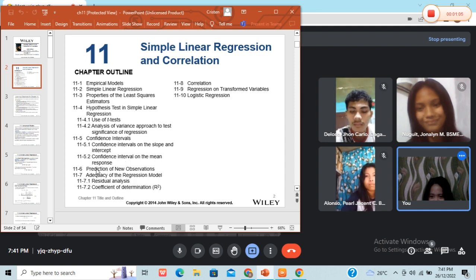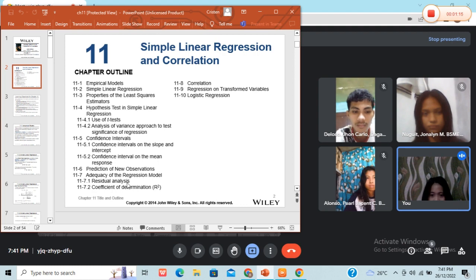Then 11-5.2 Confidence Interval on the Mean Response, Prediction of New Observations, Adequacy of the Regression Model,